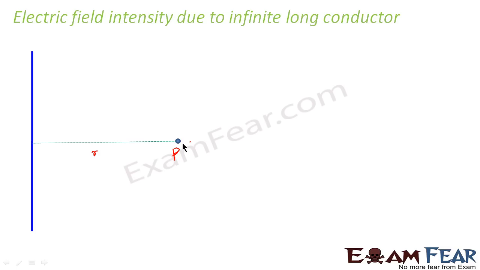We also assume that there is a small positive charge located at point P, which we call the test charge. To make things simple, let us consider a small portion of this conductor. We consider a small portion AB of length dl. Now what will be the charge on this portion? There will be a small charge, say dq. So the charge on AB, let us represent it by dq. So dq will be equal to lambda dl, where lambda is the linear charge density of this conductor.